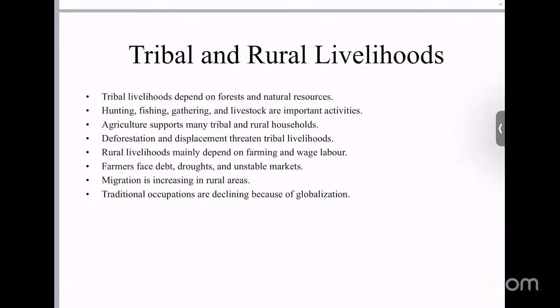So the environmental changes such as droughts, floods, and crop diseases also create additional losses. Many farmers borrow money for cultivation, but they fail to recover investments after harvest. This creates debt traps and financial insecurity. The agricultural crisis in India has become so severe that farmer suicides increased in several regions during the last few decades.